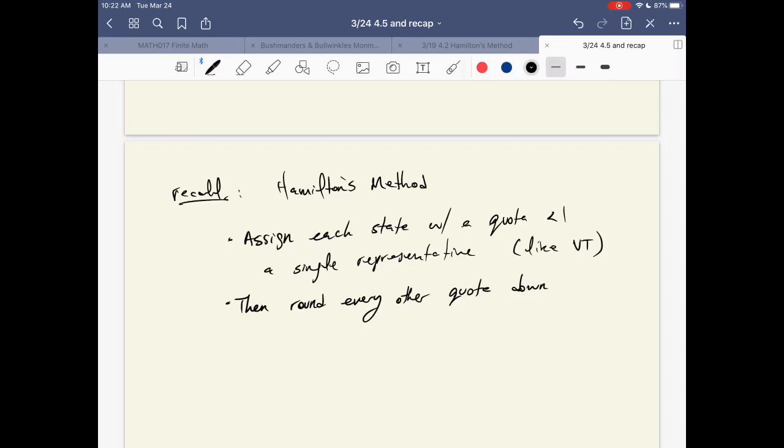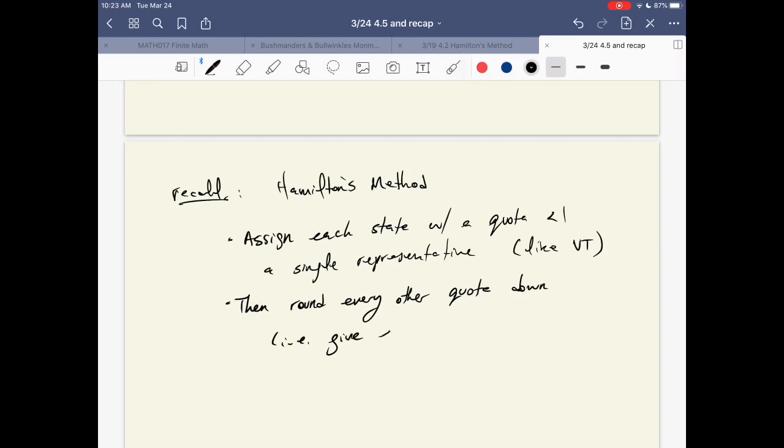So no matter what, even if a state had a quota slightly bigger than Vermont's, let's say 1.7, they would also be assigned a single representative at the beginning. So Vermont, with a quota of 0.5, and another state with a quota of 1.7 would both receive a single one, because you're rounded up if you're less than 1, or rounded down if you're any bigger than 1. Round every other quota down,